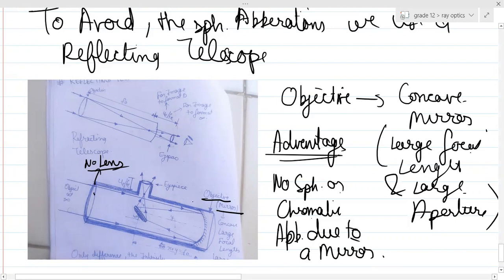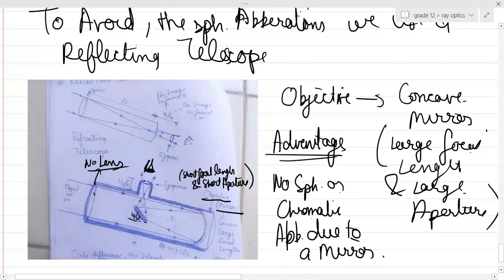Okay. And now can you see, the light which is coming from that distant object gets reflected over this plane mirror over here. Can you see this plane mirror is at an angle of 45 degrees? So basically the light ray reflects from this end, from here it goes like this, and here you have an eyepiece of short focal length and short aperture, and here you place your eye.